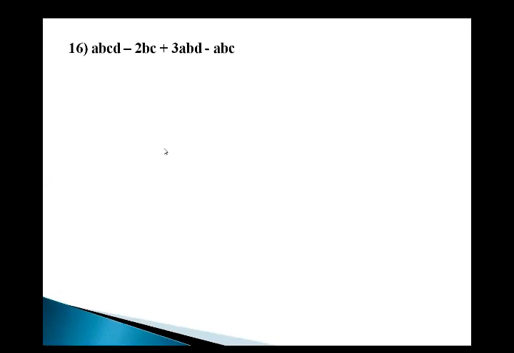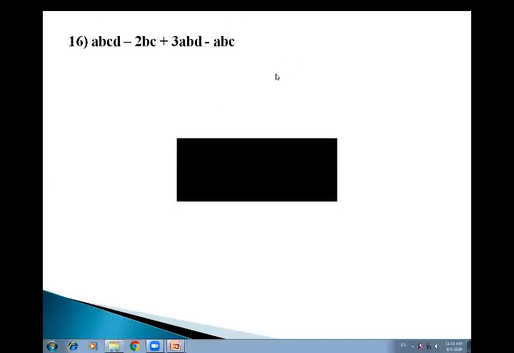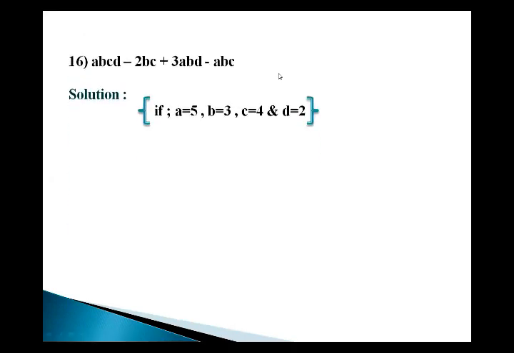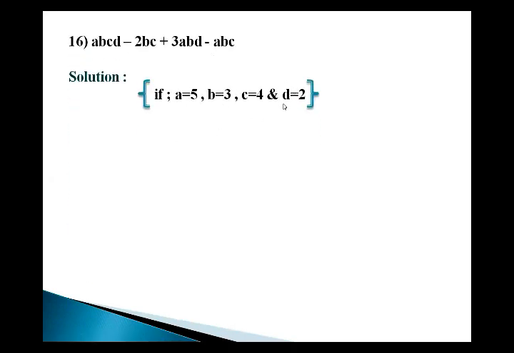Okay, so here is the solution of question number 16. The question is A, B, C, D minus 2, B, C plus 3, A, B, D minus A, B, C. That's the question, and you have the values of all 4 unknowns A, B, C, D. Okay,